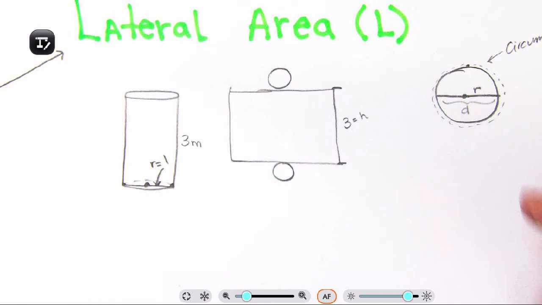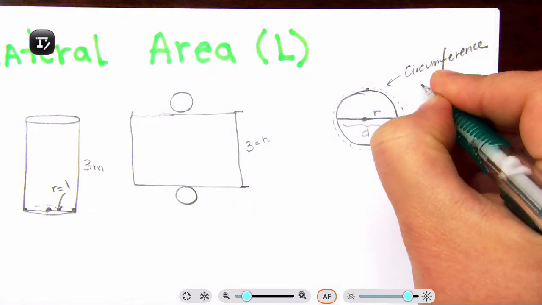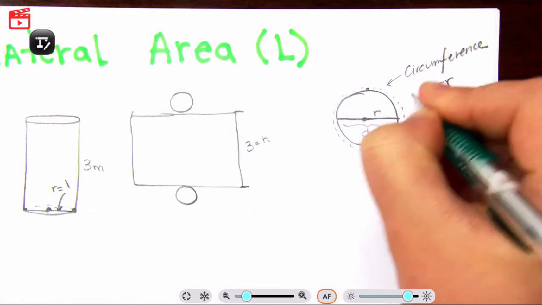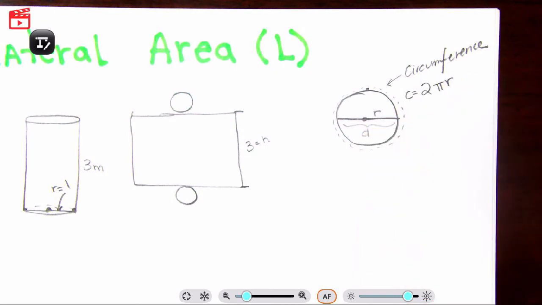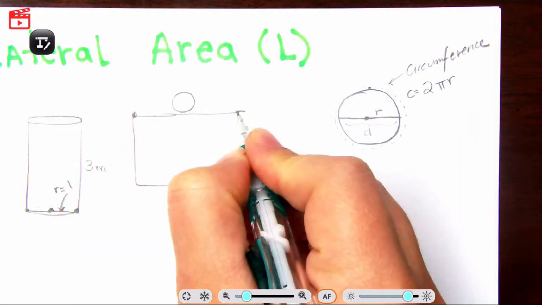So we talked about the circumference. So what is the circumference of a circle? The circumference of a circle is 2 pi r. So if this was our height, then this section from here all the way to here is